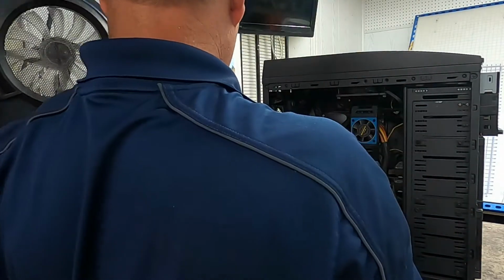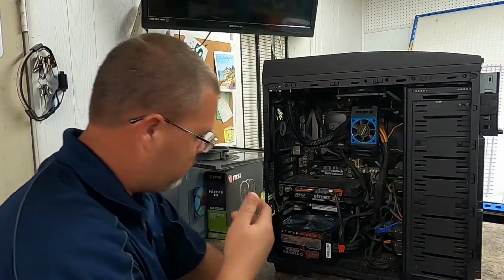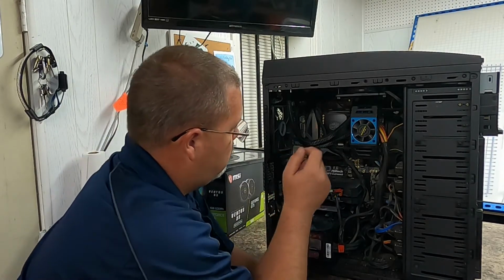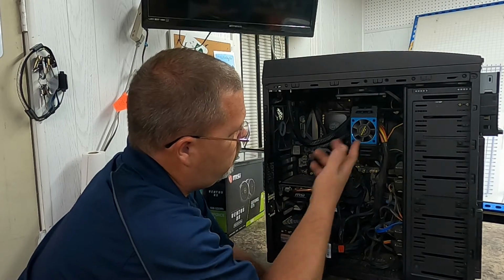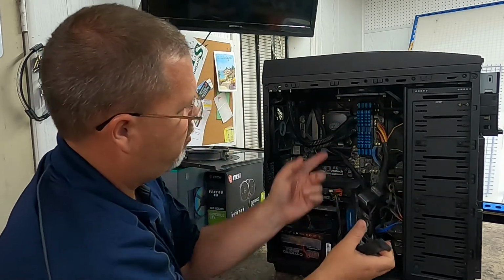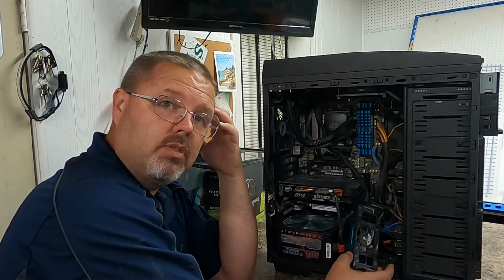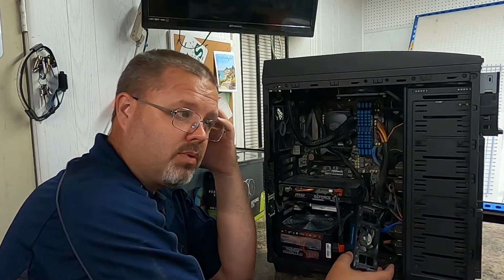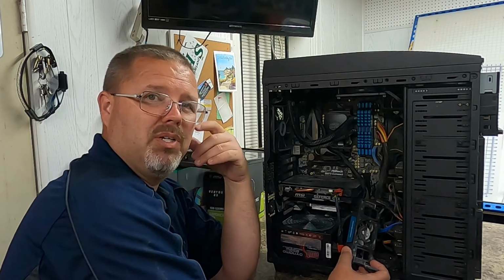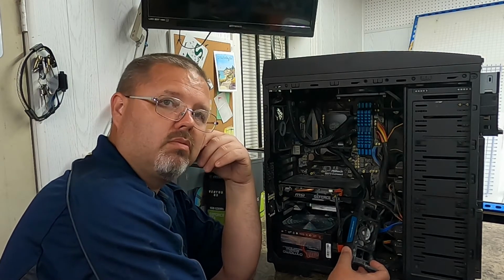So I've already got, like I said, I've already got the card in here. I've already got an 850 watt power supply. Vengeance memory card. I bought new memory thinking, because it kept giving me a memory error in the BIOS when it messed up. So I wasted a little bit of money on that memory because it wouldn't even work on this new motherboard. It wasn't a lot, unfortunately,